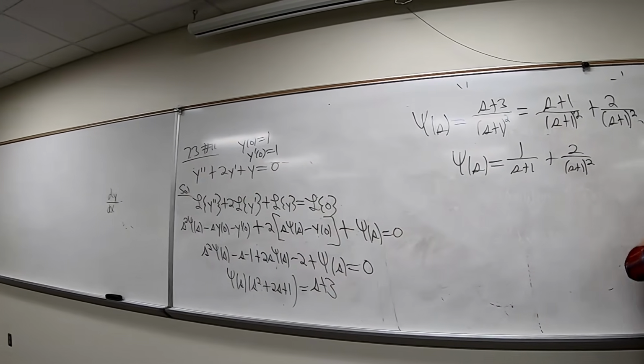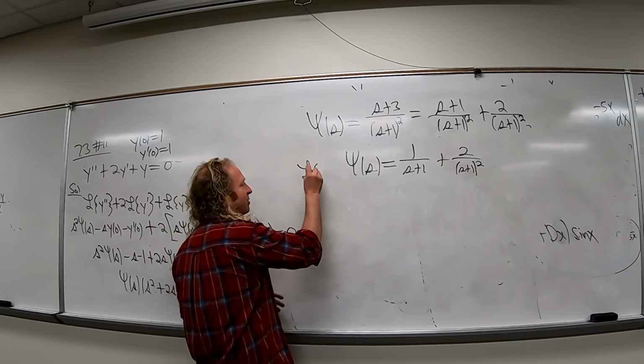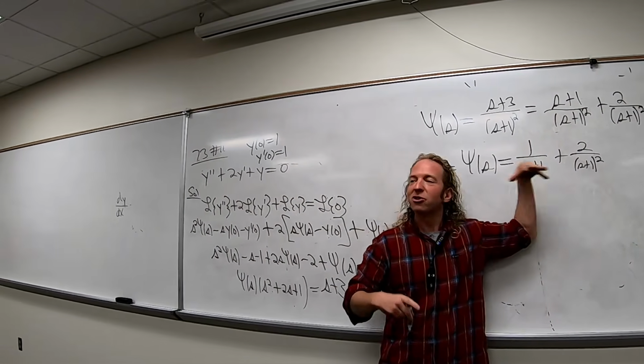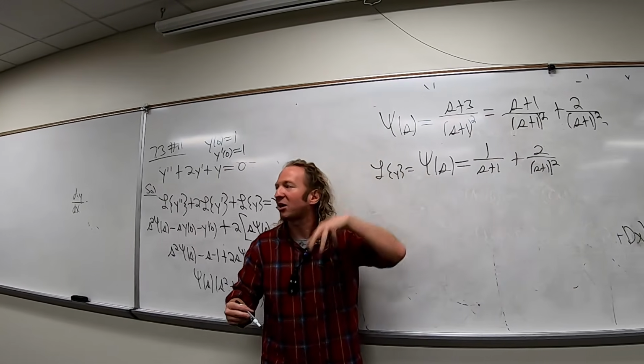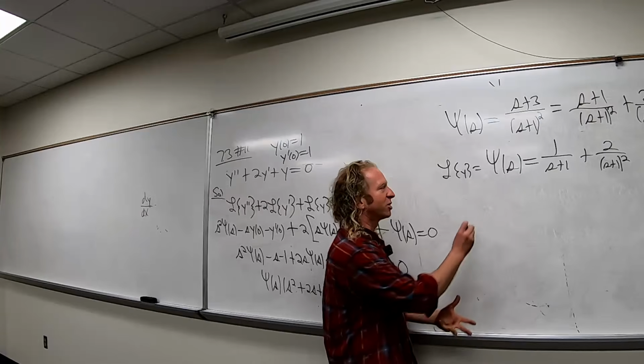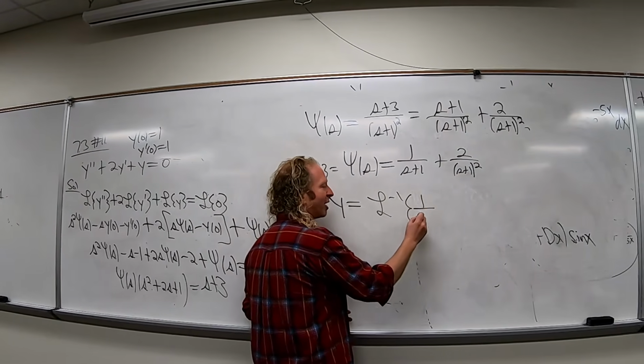Okay. So what's going on? This is the Laplace of y, right? That's what this is, just for some understanding. So the Laplace takes y and sends it to this. So the inverse Laplace takes this and sends it back to y. It's the inverse function. So to finish, all you have to do is take the inverse Laplace. So y is equal to the inverse Laplace of 1 over s plus 1